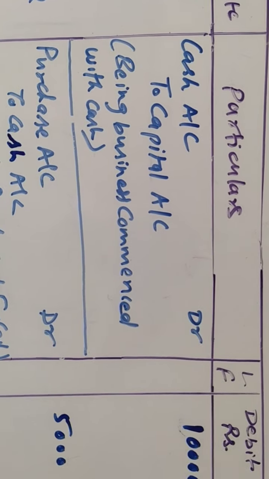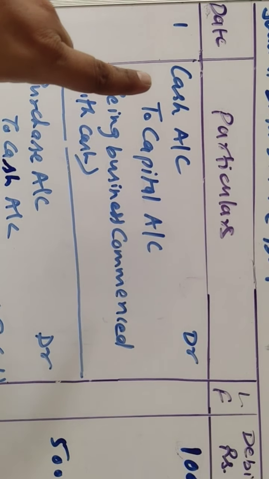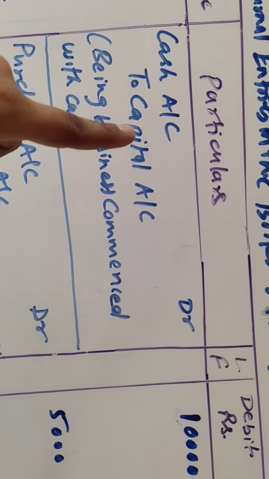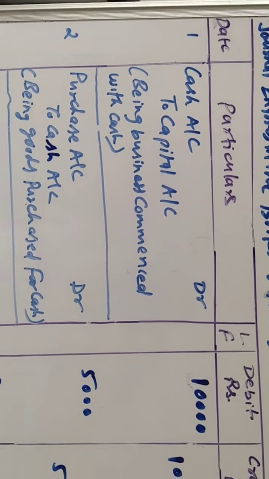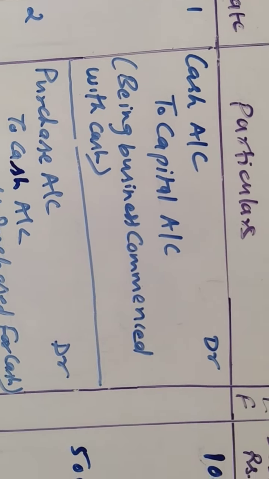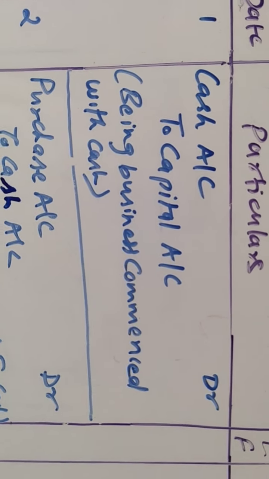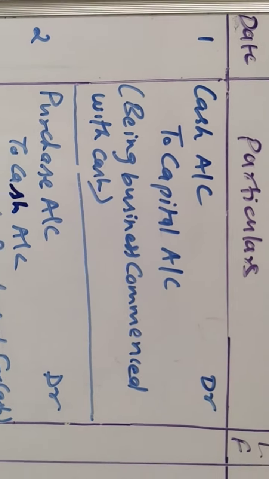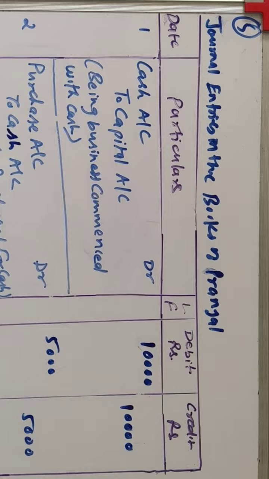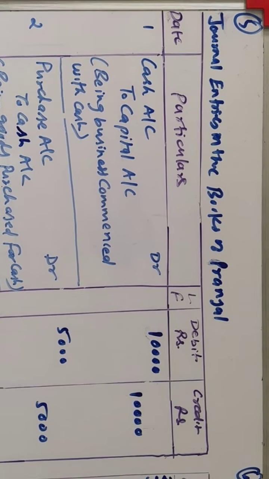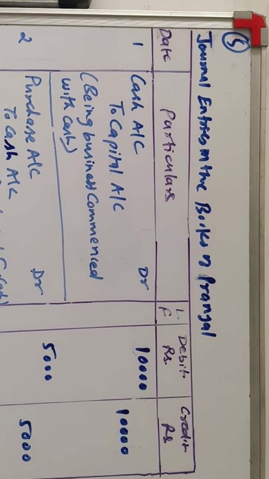And the way of writing we already discussed in the previous video, that whatever we have to debit, we have to start with. So here we have to debit cash A/C, that is account, and Dr. And to write credit, we have to start with To and just mention the name of the account which is supposed to be credited. So here capital account is to be credited, and finally our entry, cash account debit to capital account. Friends, it will be difficult to learn if you do not know twofold effects. So practice twofold effects with as many transactions as you can.